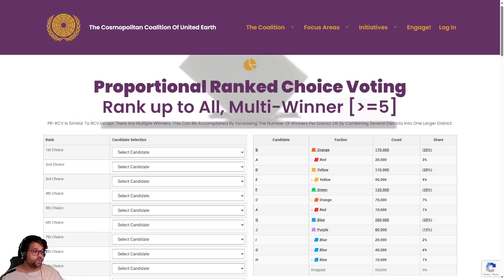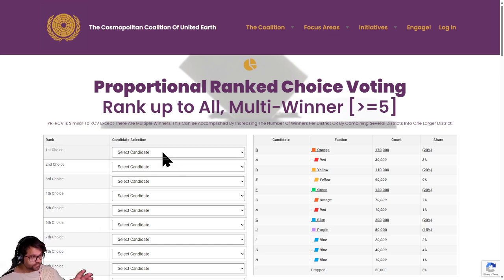And in this video, we'll be looking at proportional ranked choice voting, specifically proportional ranked choice voting where the number of winners is at least 5. And in this example, exactly 5. So proportional ranked choice voting is similar to ranked choice voting, except there are multiple winners. This can be accomplished by increasing the number of winners per district or by combining several districts into one larger